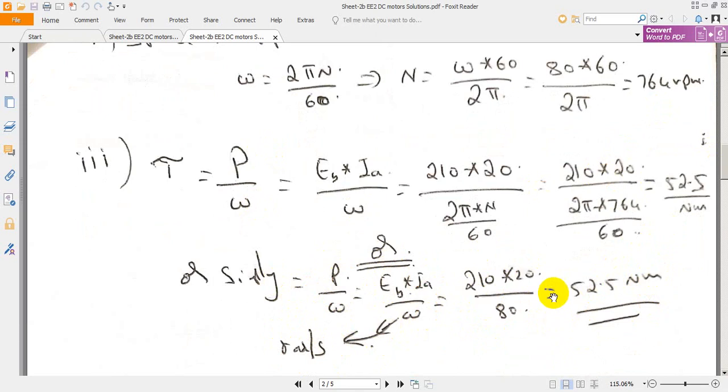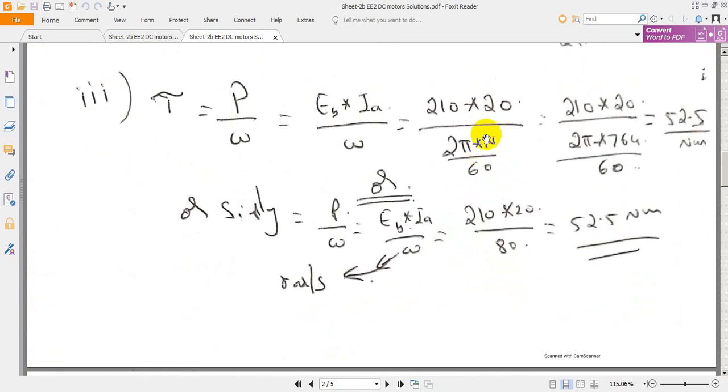Both are the same. And normally what we do, we go for omega equal to 2 pi n by 60. So to not get confused, we will be using n in RPM. Otherwise, actually, the original form is P by omega. If it is in radians per second, directly you can use it. But as we are following this formula in all the machine problems, we will go for 2 pi n by 60, where n is in RPM. Here omega is in radians per second.